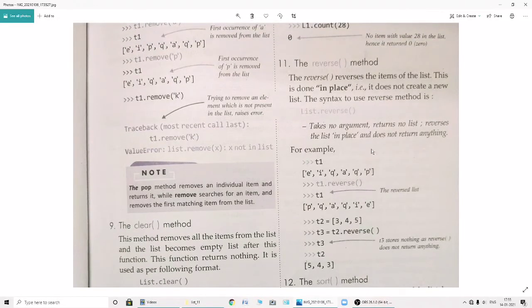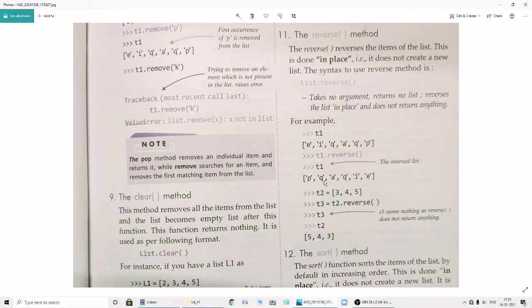Just see one thing: in reverse, where T1 dot reverse means that the list gets reversed, it will not create another list name. Here you can see that in T2, 3 4 5, we have stored this reverse of T2 in T3.